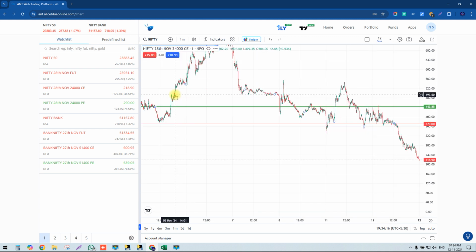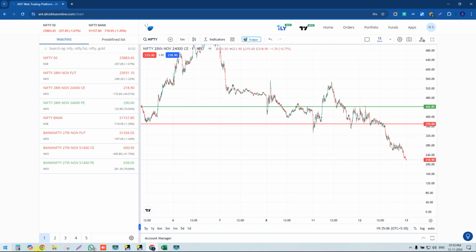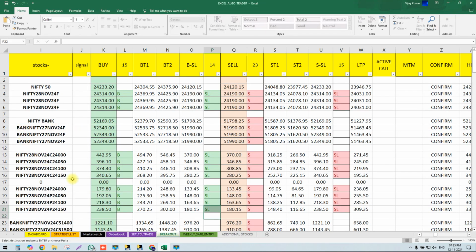Yes guys, in WhatsApp on 5th November by 2 o'clock only we had a message that market will fall, 100% market will fall. We have already said to you on 5th November. I'm just showing you here on 5th November by 2 o'clock we already said that market will fall. Okay guys, now next we'll come back for Nifty put options.